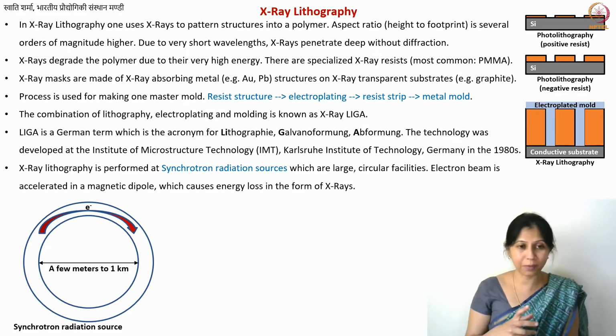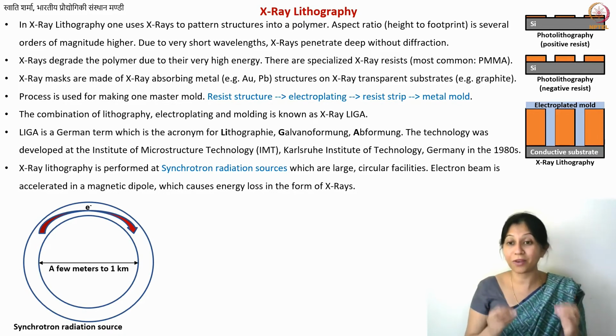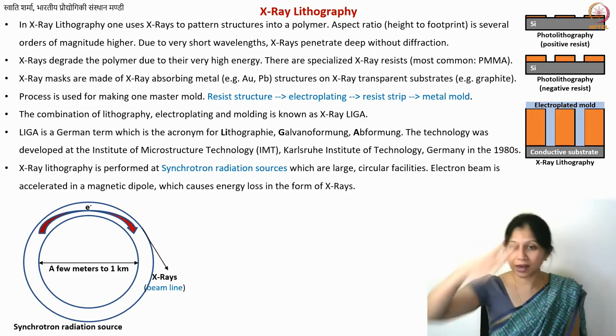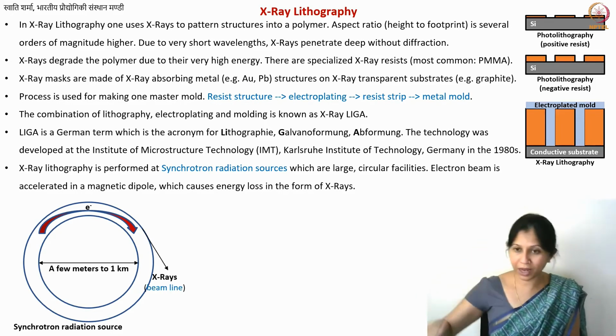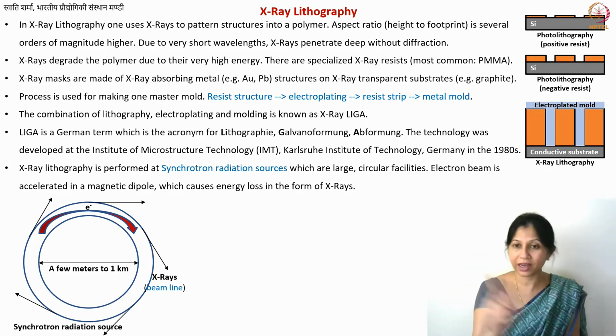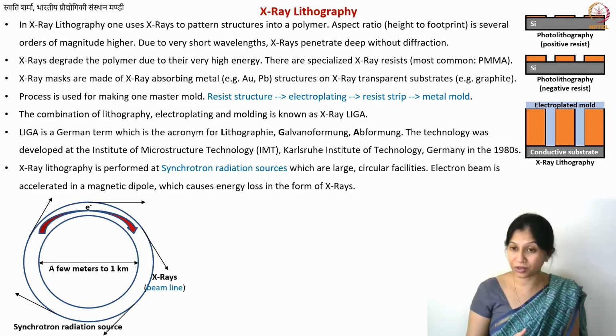What will happen? What happens when you have charged particles? And then you also have magnets, by the way. So you have a magnetic dipole and then you accelerate a charged particle inside it. What will happen? It loses certain energy. And that energy, in the case of electrons, is in the form of X-rays. So now you will basically have these X-rays coming out tangentially when you have this radial circulation of electrons. Okay.